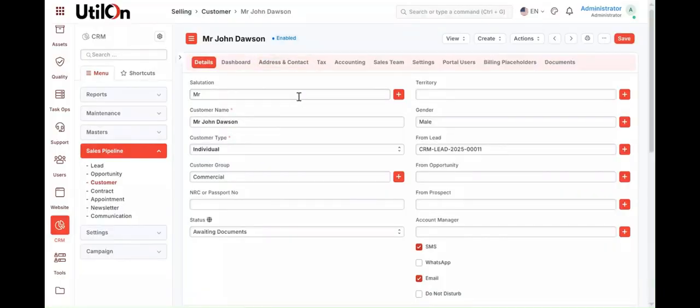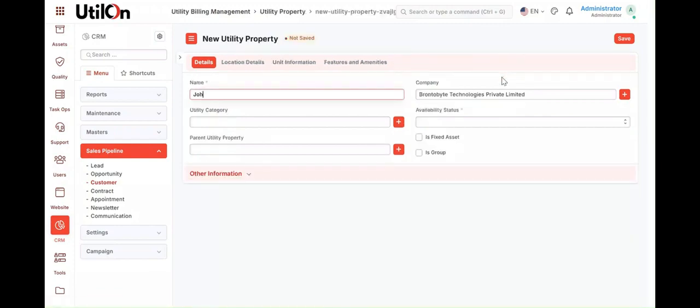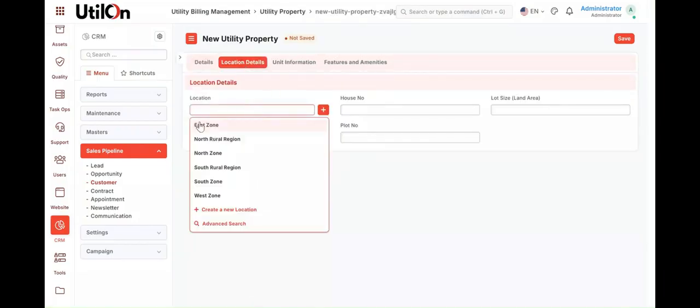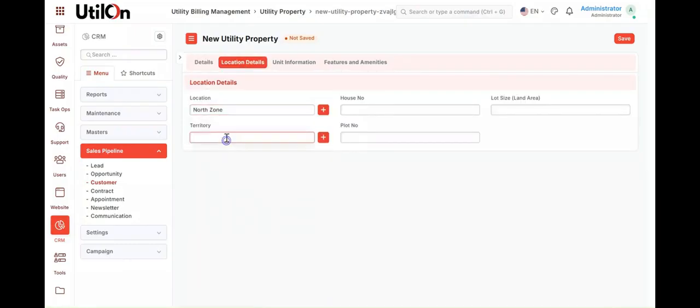Now we move on to property creation. From within the customer record, we create a new property. Define a name for the property, select the utility category and available status. Now move on to location details. Define the location as North Zone and assign the territory as Kukatpally. House number, plot number, and lot size are